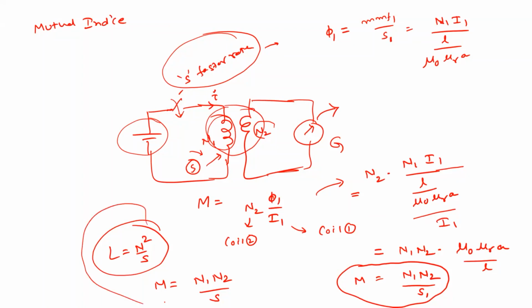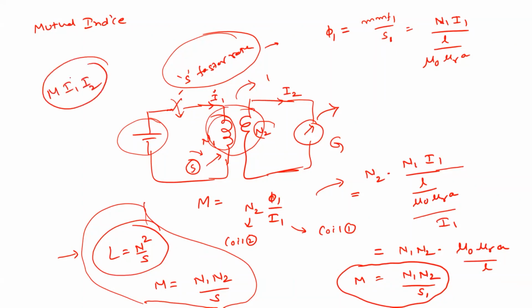So we got these two definitions. You might not have studied these things; the reluctance name wasn't introduced. So these are the new things. What is the energy stored in this setup? If we assume this is I1 current and this is I2 current, what is the energy stored in this mutual inductance? It is M into I1, I2. That is the energy stored in this entire setup. Agree?